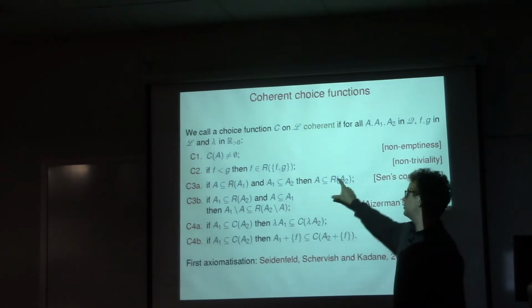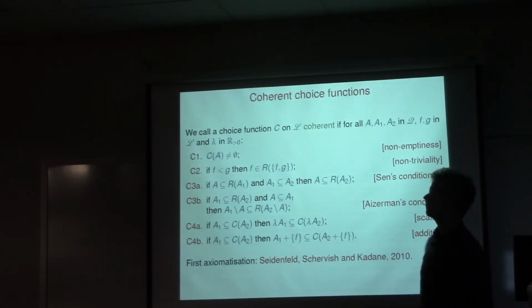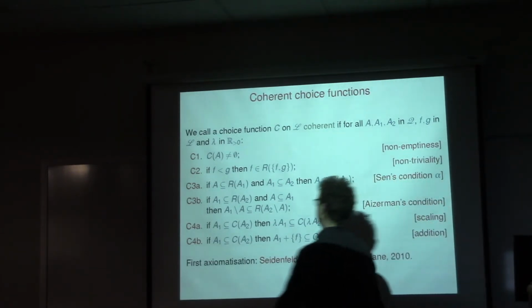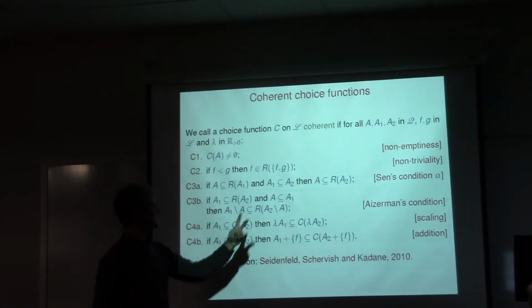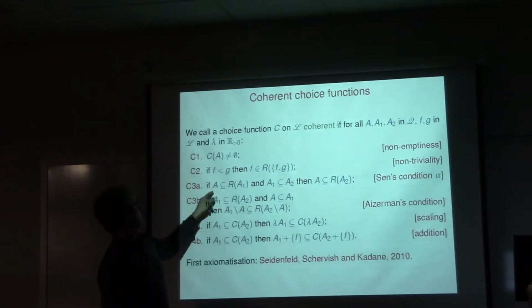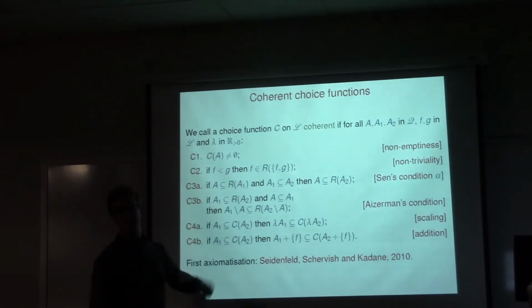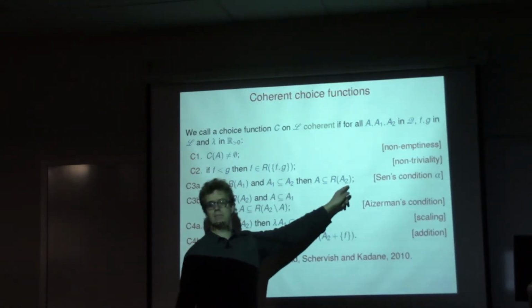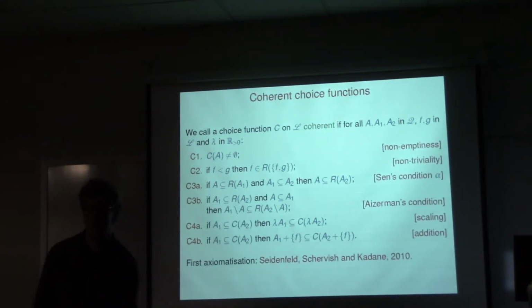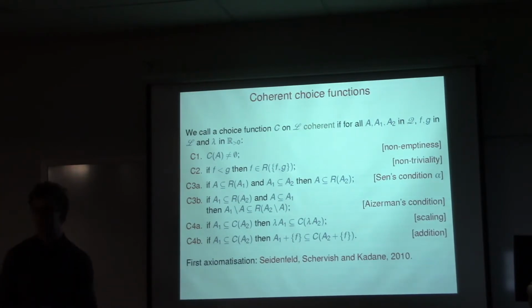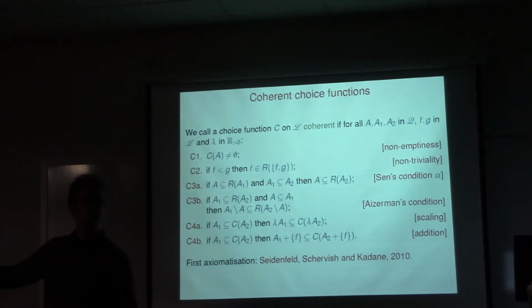Axioms 3 and 3b, those two are really at the heart of choice for me. The first one is what Amartya Sen calls condition alpha, and it basically says: if I have two option sets, two menus, A1 and A2, and A1 is a subset of A2, and now I reject an option from A1, it can never be promoted to an admissible one by considering the bigger menu. Imagine like this. Imagine you are at a restaurant, you see the menu, and you say, today I don't feel like eating burger. I don't want burger from this menu. And then the waiter comes and he says, sir, we also have a special menu today, which I didn't tell you before.